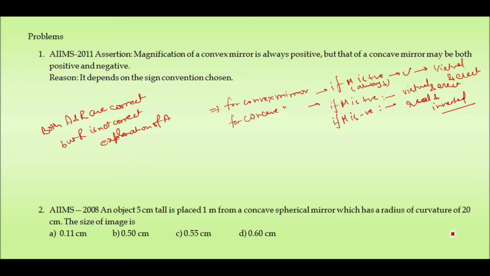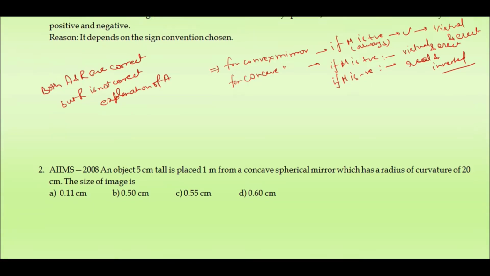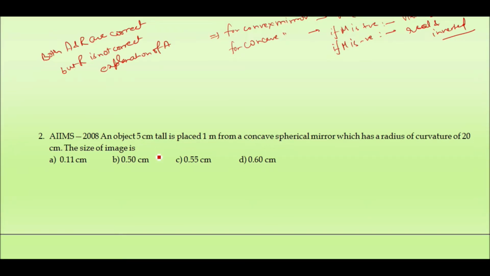Now we will see problem number 2. An object 5 cm tall is placed 1 meter from a concave spherical mirror which has a radius of curvature of 20 cm. The size of the image is? So it's an easy problem. You can simply apply the formula that magnification M is I by O, and it is equal to F divided by F minus U. Here F is the radius of curvature divided by 2, that is 20 by 2, it's 10 centimeter. So F is 10 centimeter,